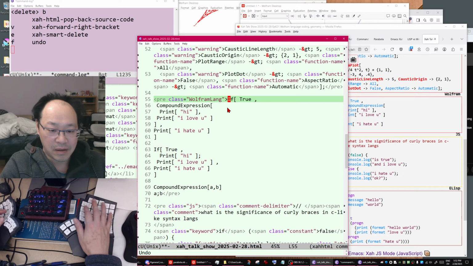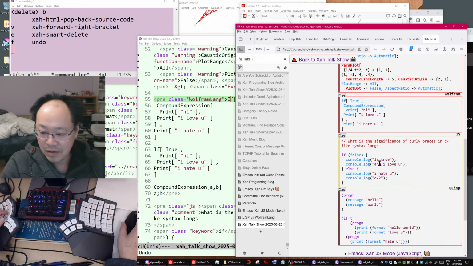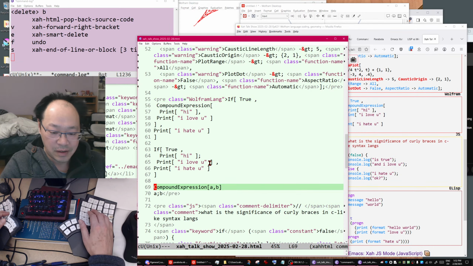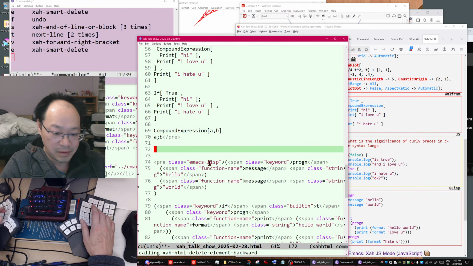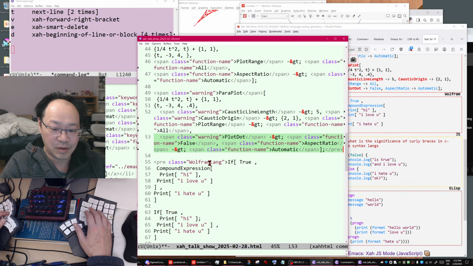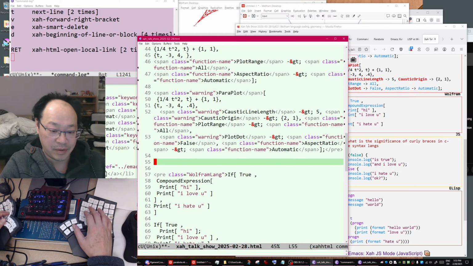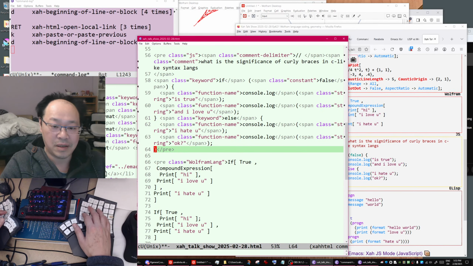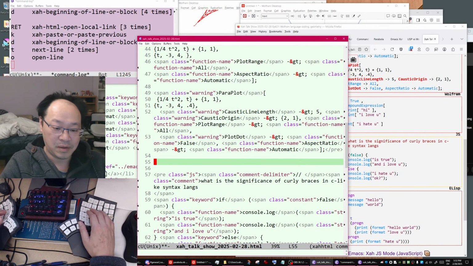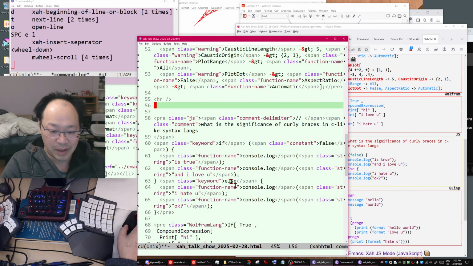Now let's put the JavaScript version first, because JavaScript is easier to understand. Most people, industrial coders, that's what they know. They don't know about Lisp or the Wolfram language.